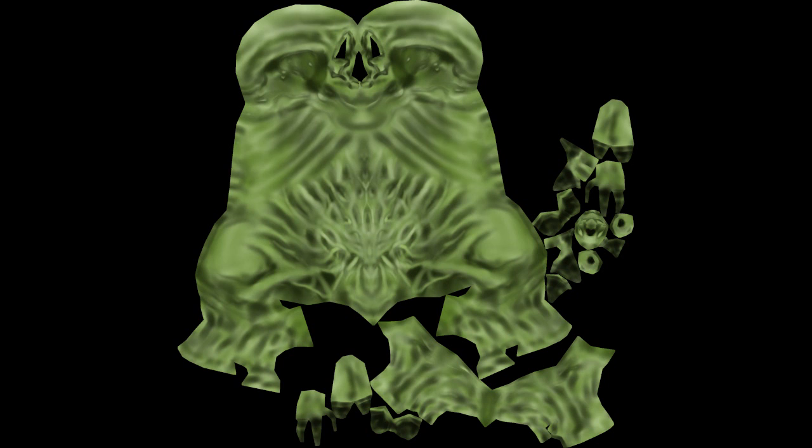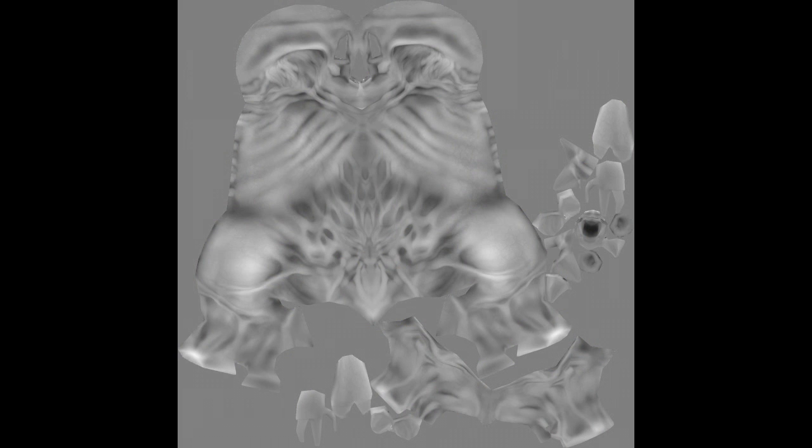So let's look at other maps, shall we? And this is the displacement map. So the texture map is actually the color of the 3D model, while the displacement map is the details. So all those nifty details that I did on the creeper, they're all right here in this map.